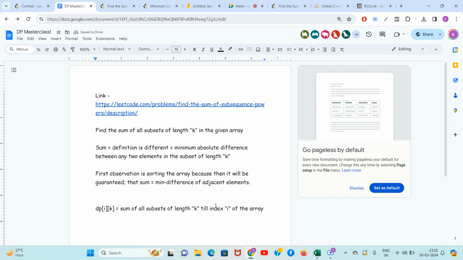Basically you will be considering all the subsets from 0 to i of length k, and dp i k will tell you its sum. Sum means what? Sum means this: minimum absolute difference between any two elements in the subset of length k. So that's what you should try to do, and it is fixed that the ith element is the